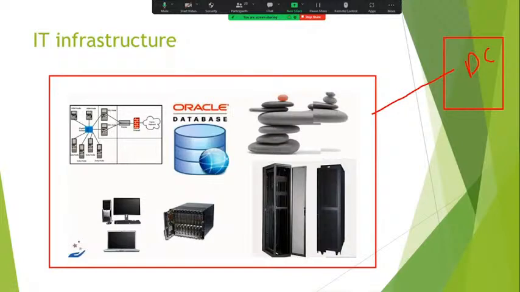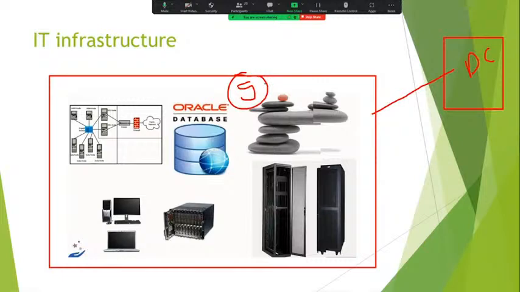I'm repeating, what is a data center? A data center is the heart of the organization where we can build, deploy, manage, and access applications through the internal or corporate network. For example, you have an organization and you got one project where you would like to build 5 servers.